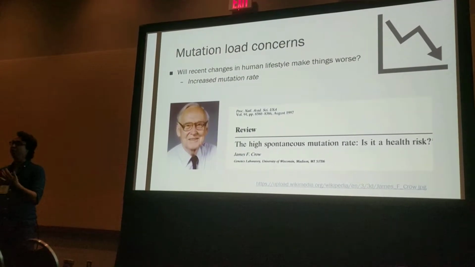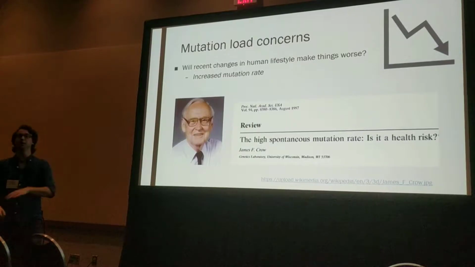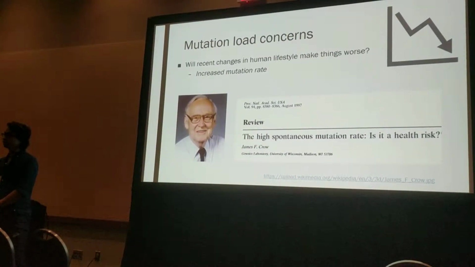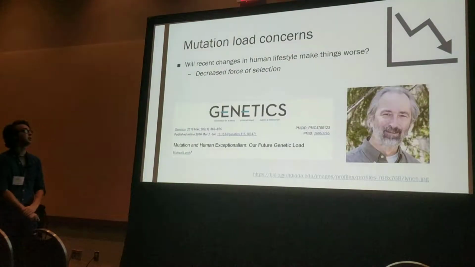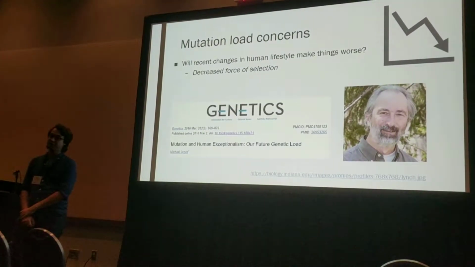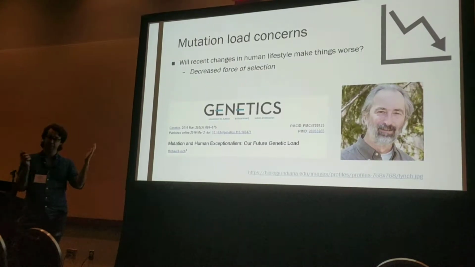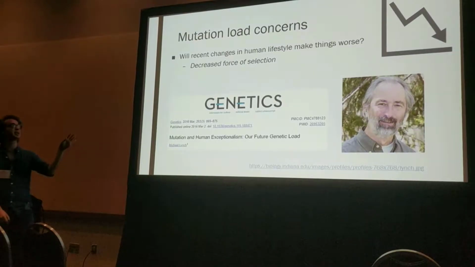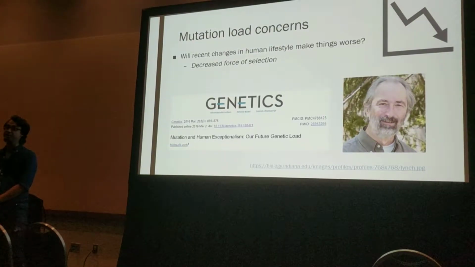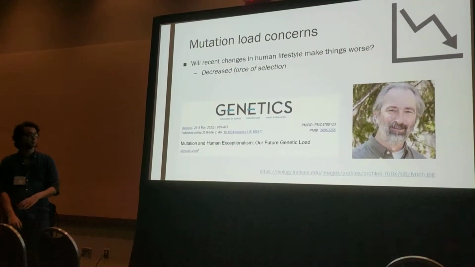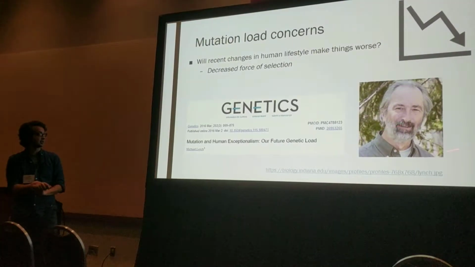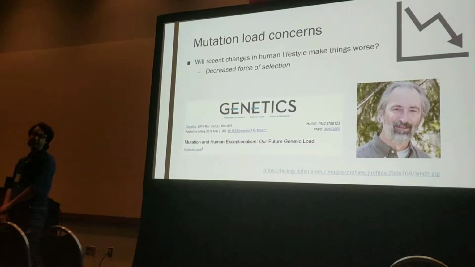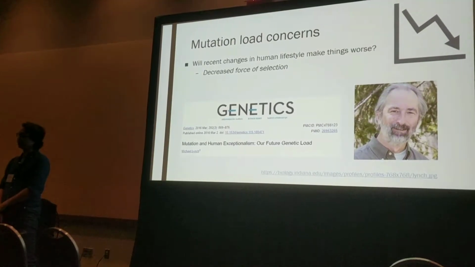So if the average age at paternity is increasing in modern human populations, that should be resulting in an increased mutation rate. People have also been worried that modern human populations are decreasing selection by modern advances in agriculture and medicine, public health, etc. If there's a decreased force of selection, you'd expect more stuff piling up. This is Mike Lynch, 2016. This is not something that people have stopped worrying about.